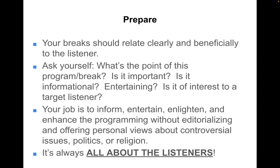An open microphone is not the place to air your grievances about coworkers, management, lovers, or landlords. Editorializing is also not allowed, meaning when an announcer goes out of their way to offer an opinion about something other than the programming itself, such as their views on controversial community issues, politics, or religion. There should always be a clear separation between the station's entertainment, public affairs, and news programming. Remember, it's always all about the listeners, because without them, there is no success, no revenue, no jobs, no ratings,